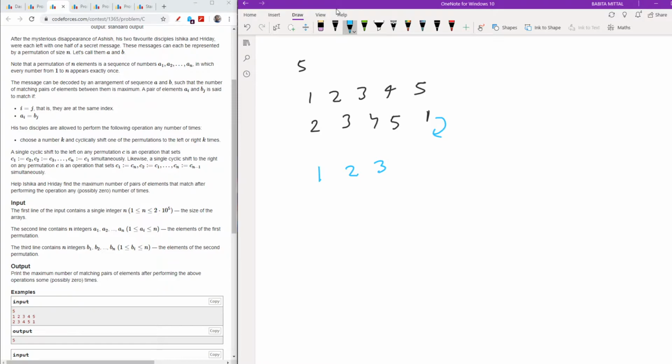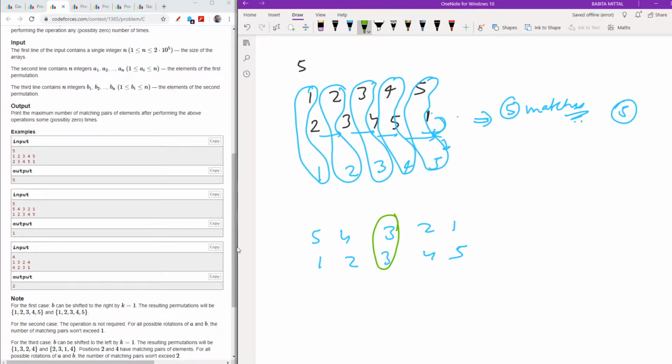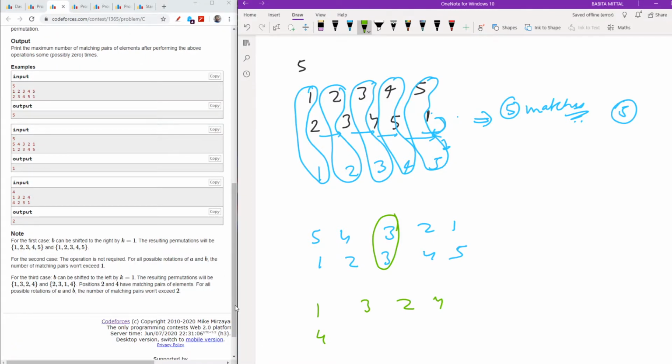Now let's take another example, which is 5 4 3 2 1 and 1 2 3 4 5. Although I will not explain it, as you can see it will have only 1 match, but I will explain a harder example for you guys. The next example is 1 3 2 4 and 4 2 3 1.